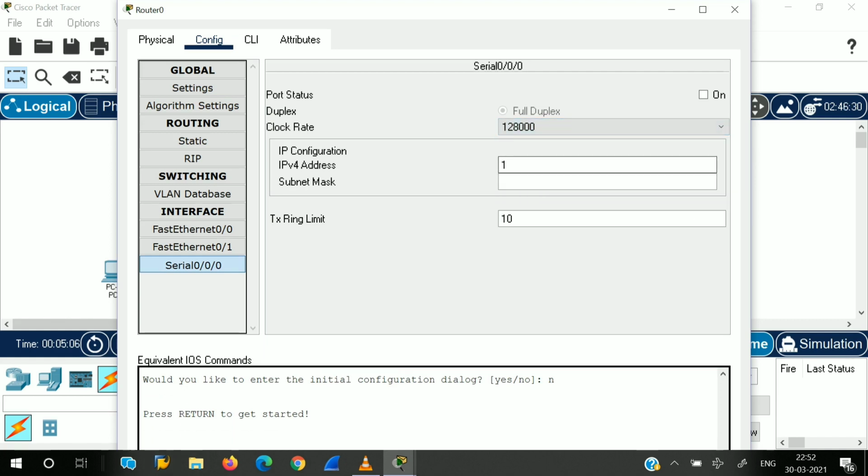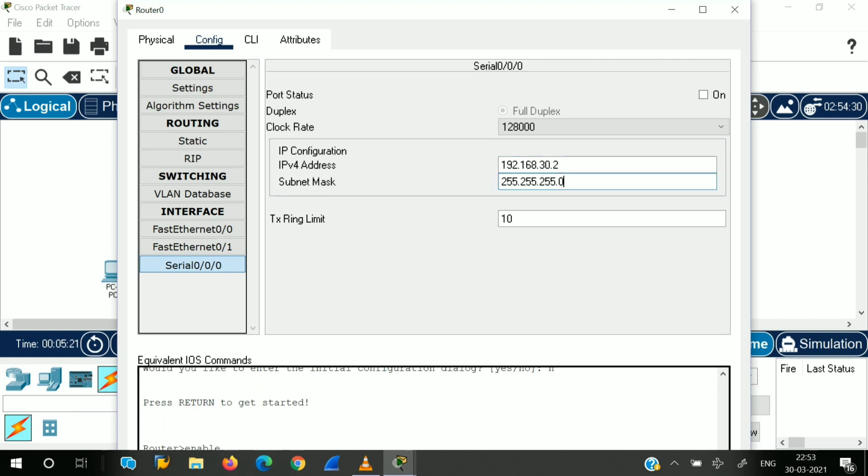Now go to this Serial0/0 and assign an IP for this router, and before that just go to the clock rate, select 128000. Now assign the IP 192.168.30.2.